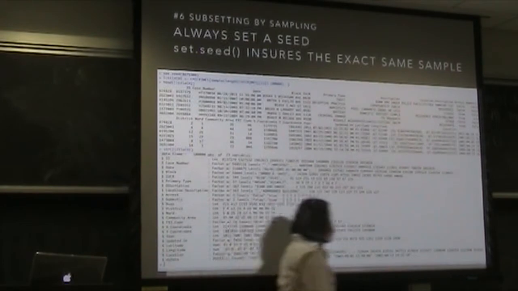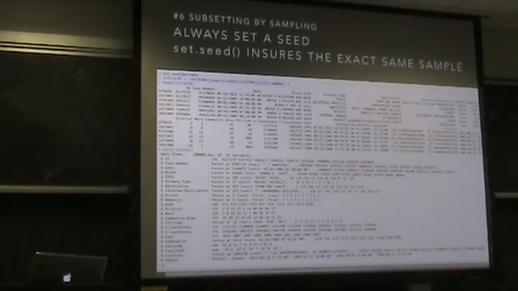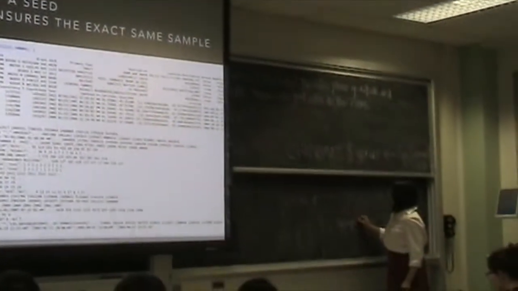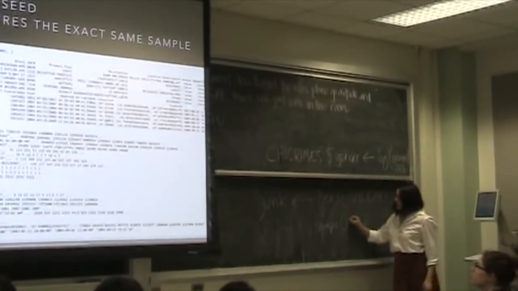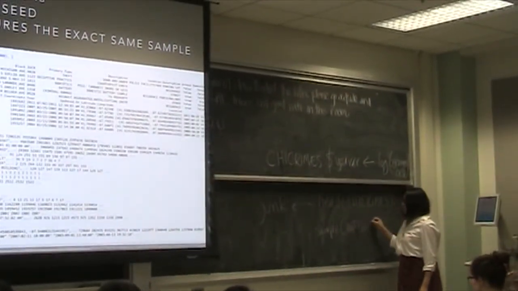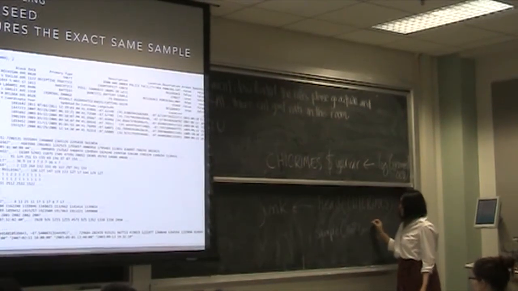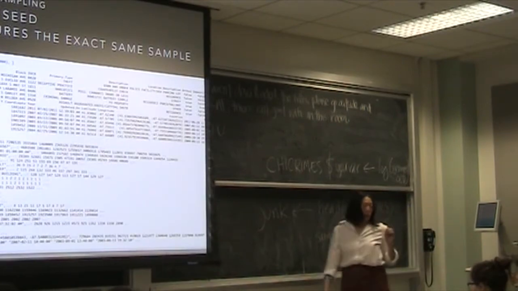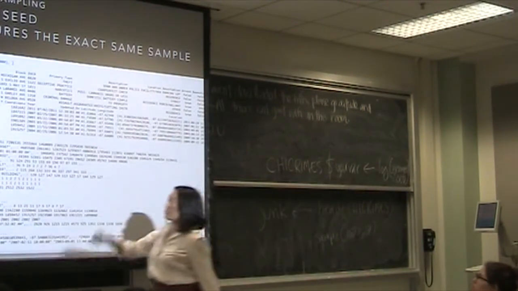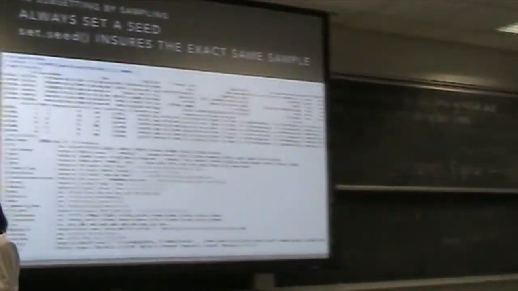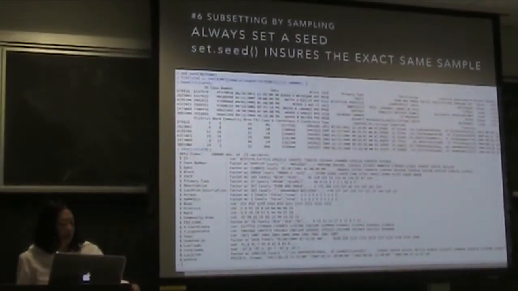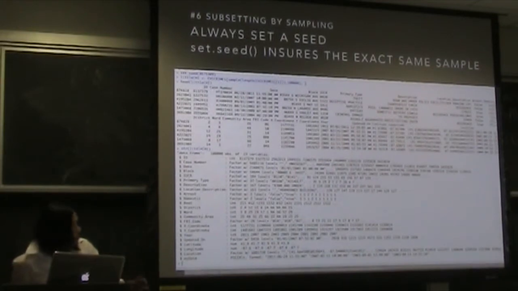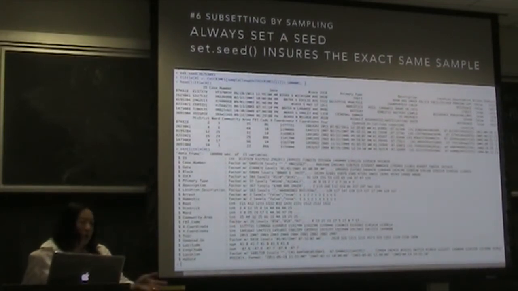In other words, a sample command, sorry, I'm looking at some confused faces. A sample command says basically sample, and then you can put a single value in here, let's say 1,000. And then the second value would be the sample size. So if I said 7, it would choose 7 from a vector of 1 to 1,000. So this is basically implying a vector from 1 to 5 million something. And we can take a look at little chi just to make sure. 100,000 observations, 23 variables. It's just a copy.